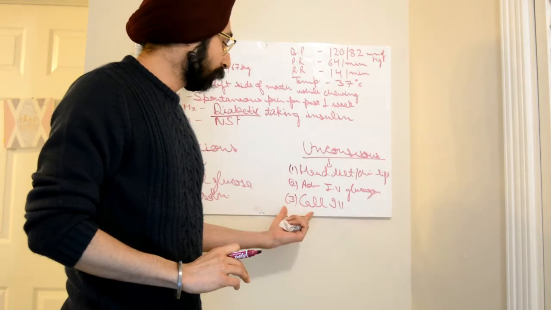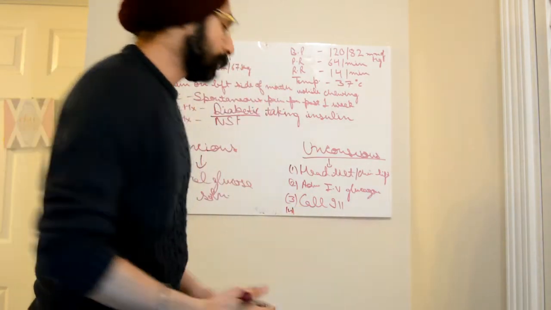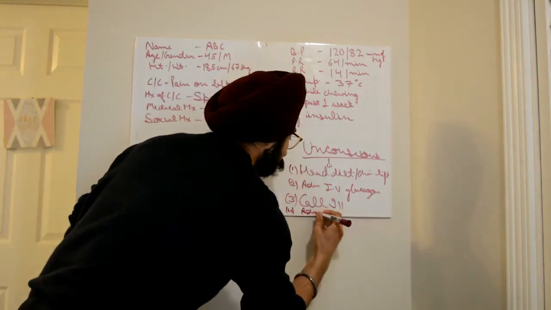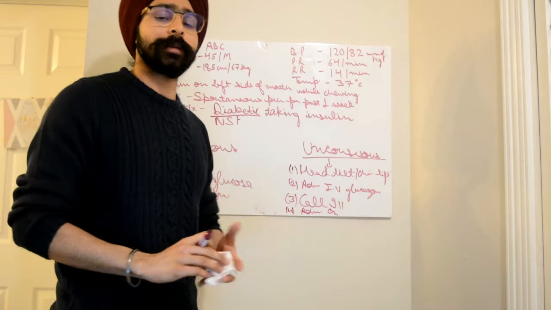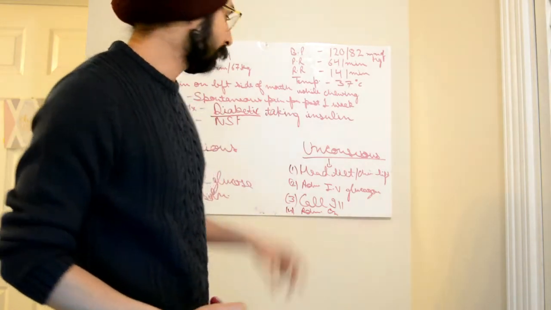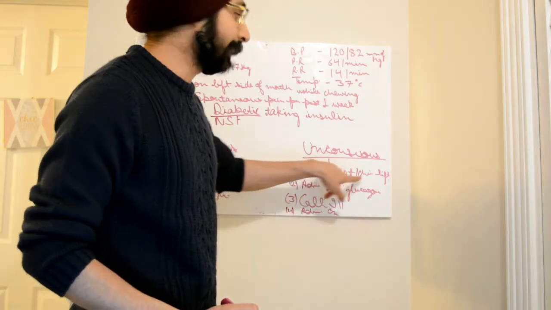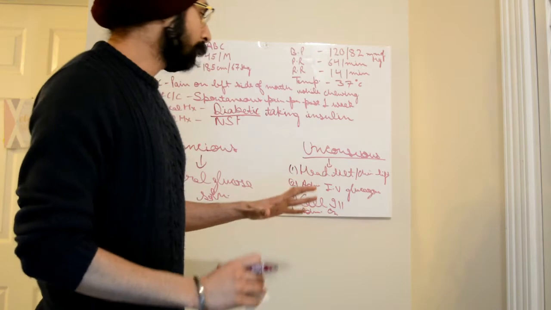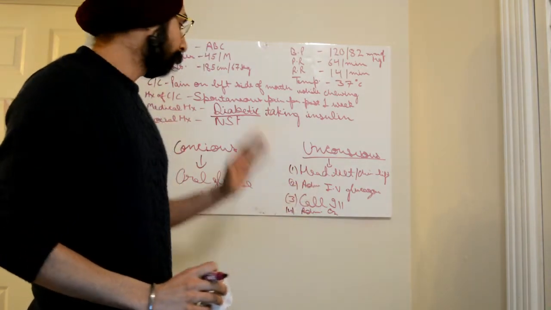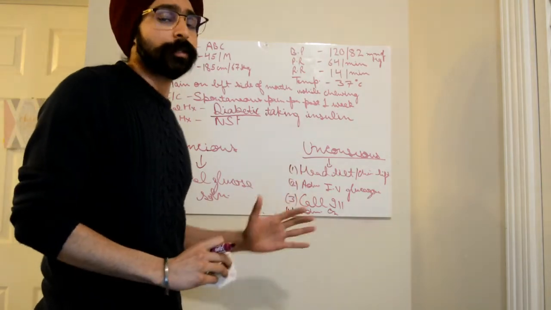I forgot to mention, we also need to administer oxygen in case the patient is unconscious. So basically, whenever a patient is unconscious, we need to give head tilt and chin lift, and second we need to administer oxygen. So guys, always remember whether the patient is conscious or unconscious and choose the options accordingly.